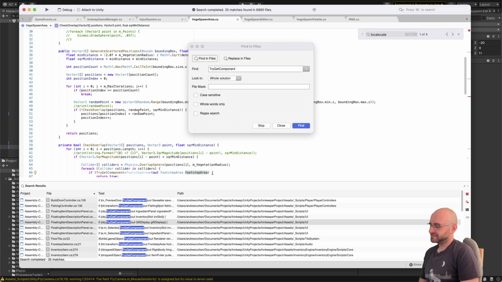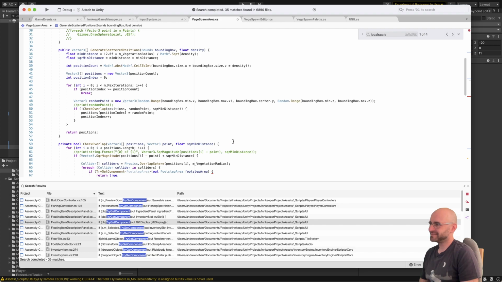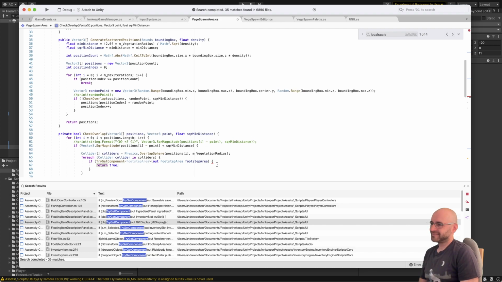I don't want to hit that. Do I need to do this? Try get component. No, I don't need to do this. But I need to do this. And do that. All right. So if there's a footstep area,